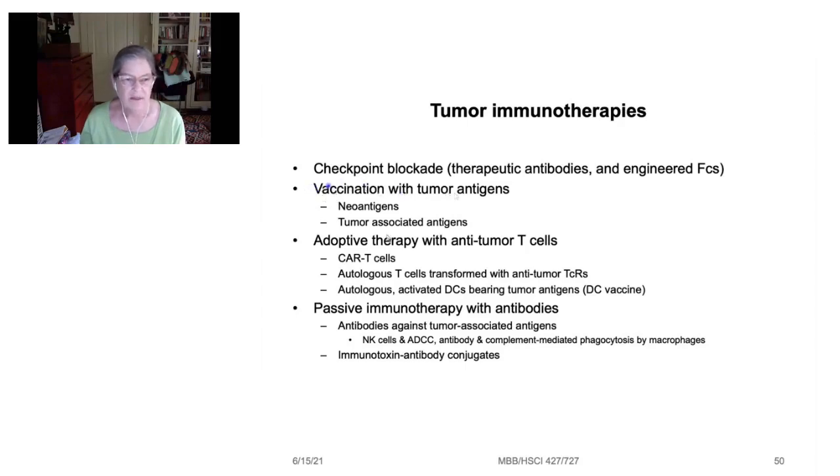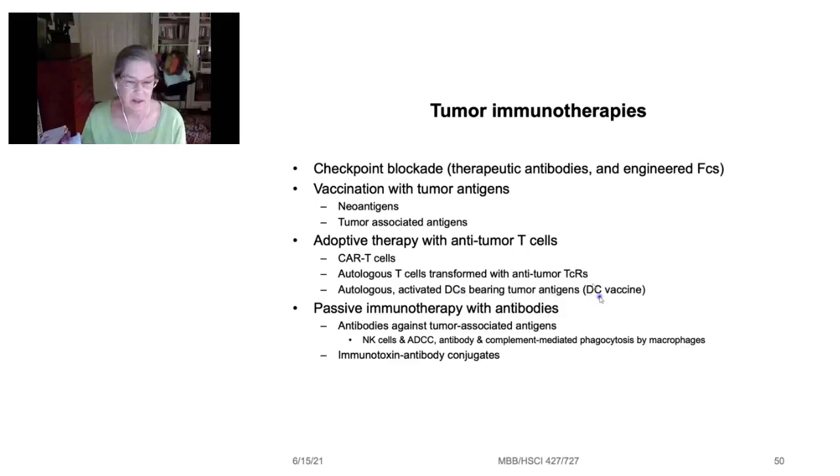PD1. Vaccination with tumor antigens could be neoantigens or tumor-associated antigens, but you're starting to ask for trouble there. Adoptive therapy with anti-tumor T cells. Those could be CAR T cells. They could be autologous T cells, so from the same person, transformed with T cell receptors that are against the tumor. And also activated dendritic cells, where you feed and activate dendritic cells to recognize a tumor antigen and present it